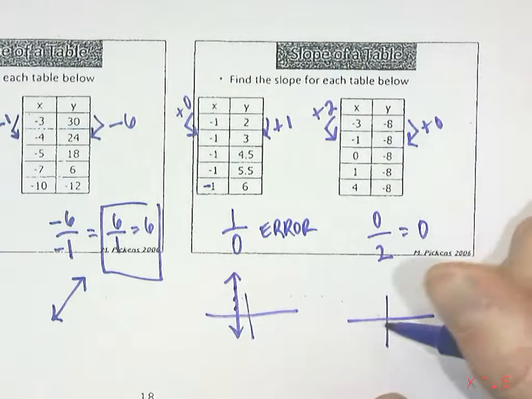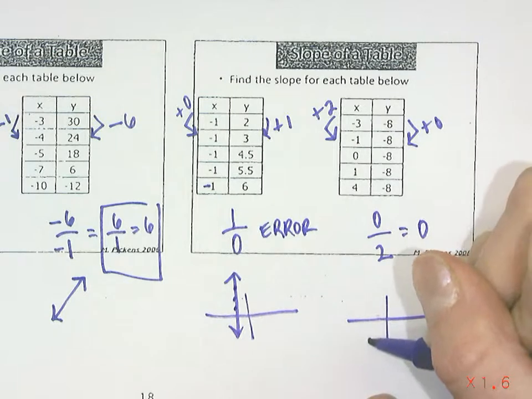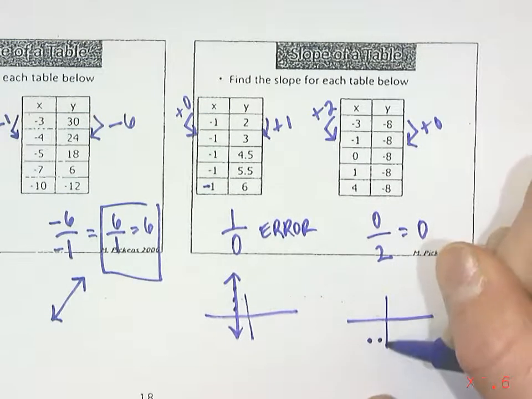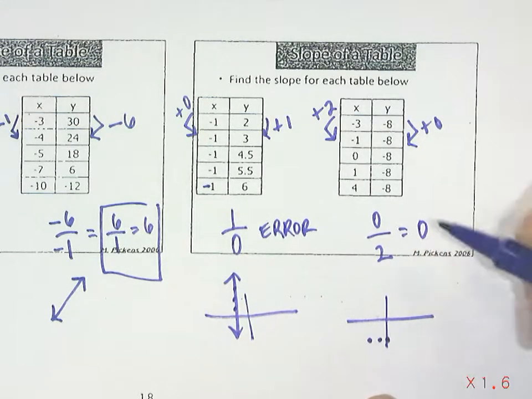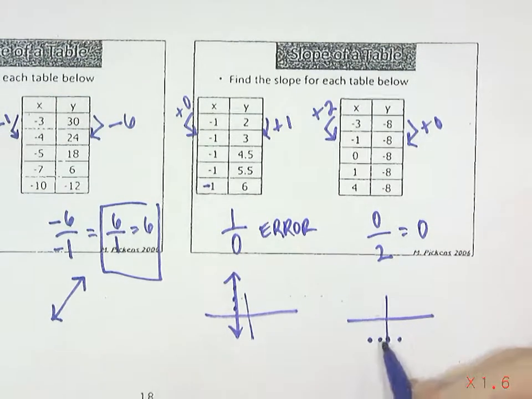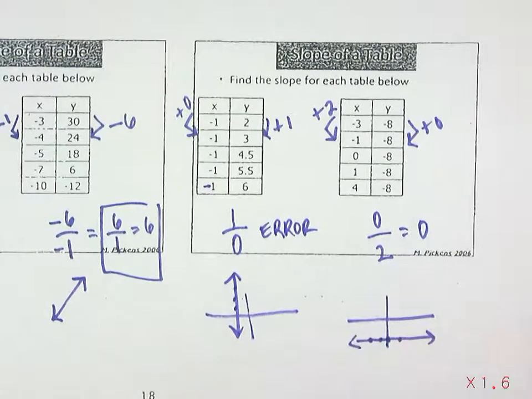On this table, we're going to go -3, -8, -1, -8, 0, -8, 1, -8. So again, you get the idea. That's what this graph is going to look like. Okay, so